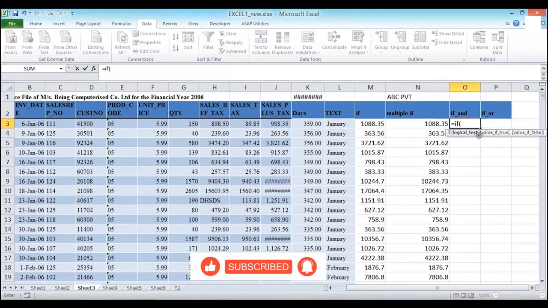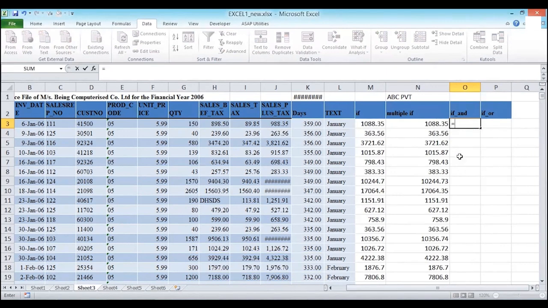If logical text, value if true, value if false. What is the and functionality? AND, logical text 1, logical text 2, logical text 3. If this value is greater than 1000 and this value is greater than 150,